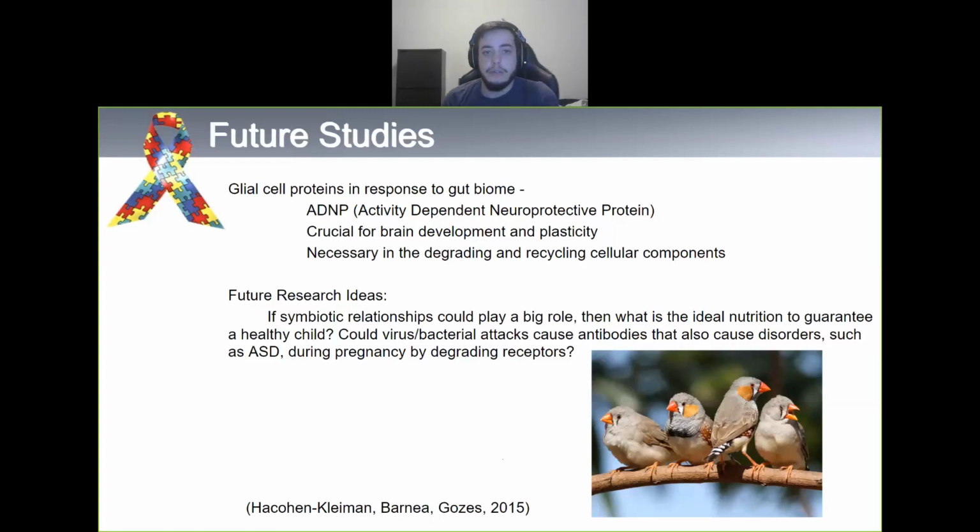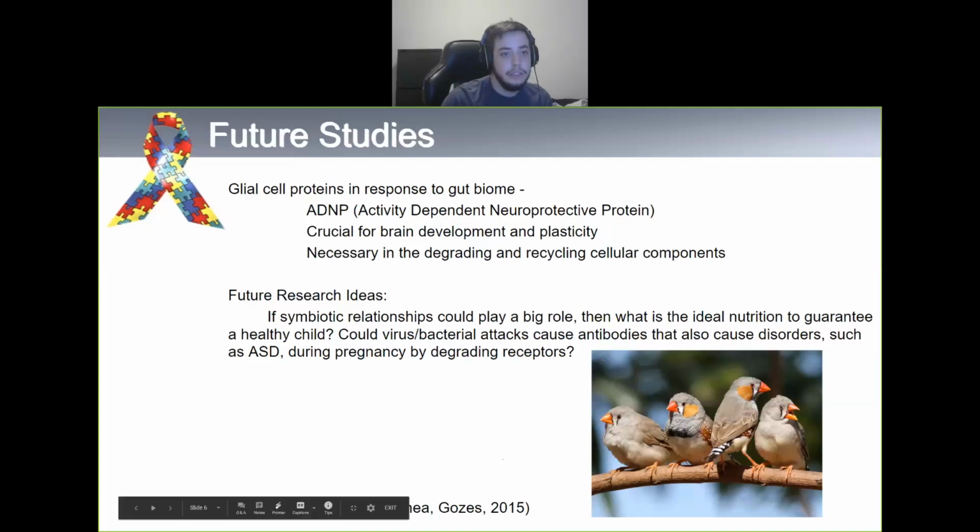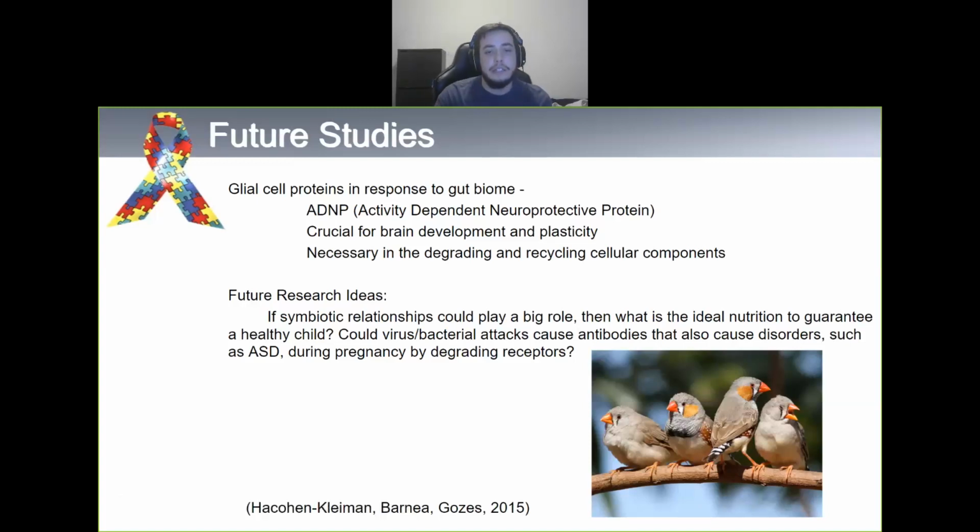This is a major neuroprotective peptide in the CNS and PNS. Activity-dependent neuroprotective protein is necessary in the orderly degradation and recycling of cellular components. It is also crucial for brain development and important in brain plasticity, cognitive, and social functioning, characteristics that are all